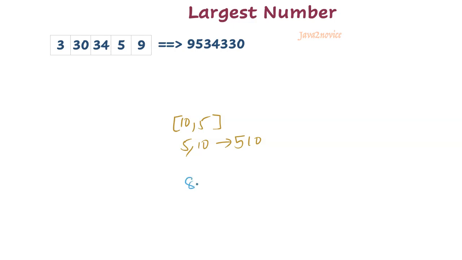Now we'll take another example. Let's take 8, 90 as another input array, which is already in ascending order. With this ascending order, we can get 890 as a number, but there is another possibility. We can get 908 if we sort it in descending order. So it is proved that number based sorting is not going to help us here. Then what is the solution? This problem can be solved by using string comparison based sorting.